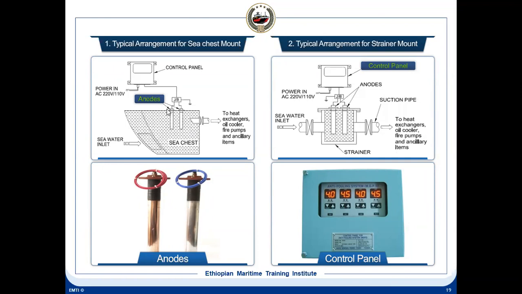And these connections you see here, there is a junction box here. This is a control unit. The input power supply is 220 volt. From here, you'll find only one cable coming here. This is a positive cable coming here. Here also a positive cable. And the negative cable is a ground cable.